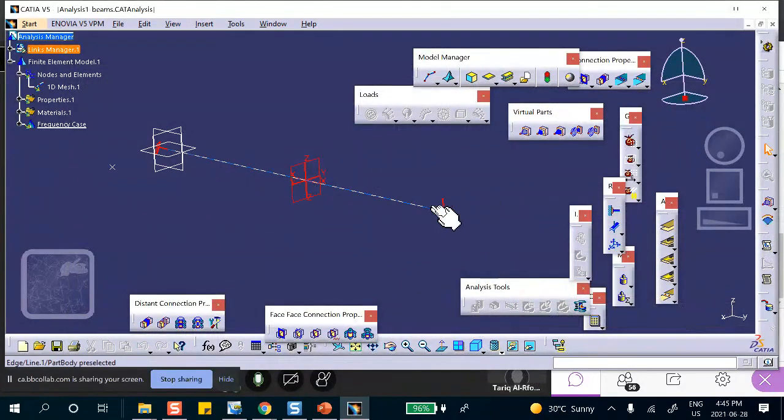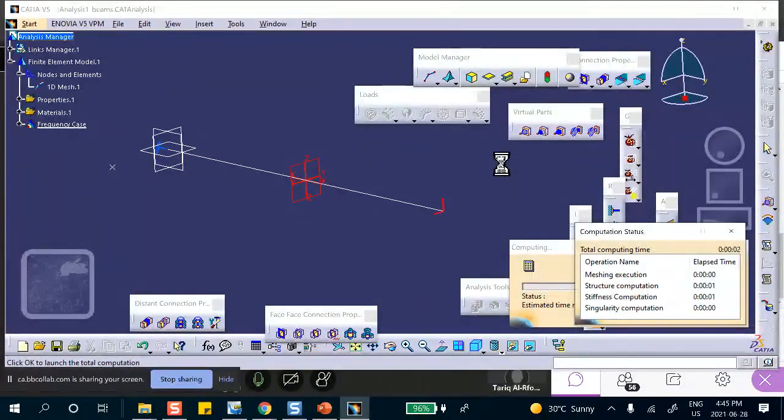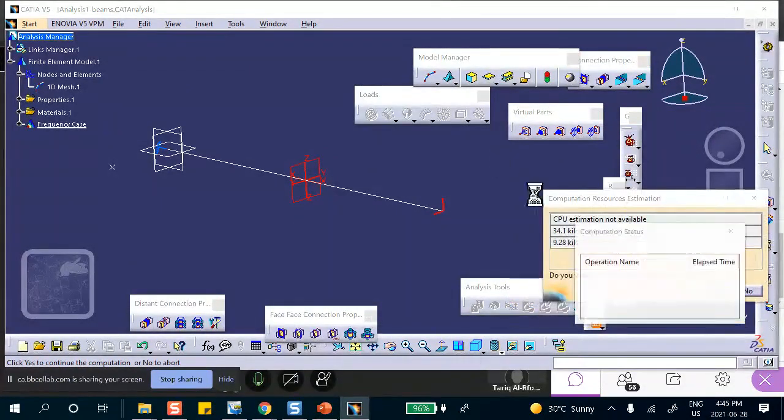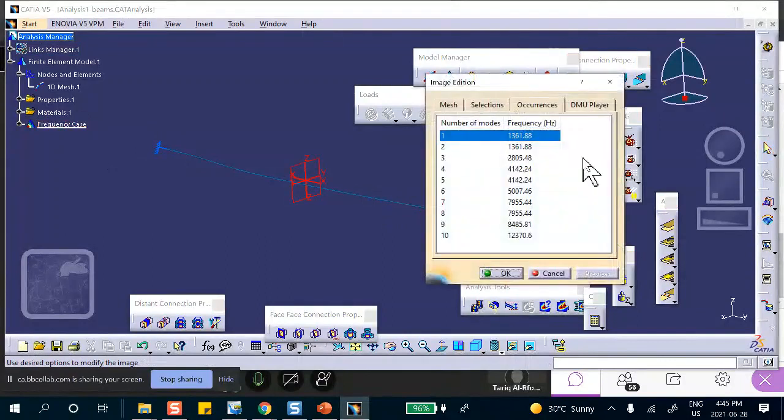All you need is geometry, the restraint. Load does not play a role in free vibration. And you click on it and run it. Okay, let's look at our first mode. 1,360 as opposed to 800, as opposed to almost 900. Remember, it was 866 with solid elements. Okay, with solid. This is 1361.